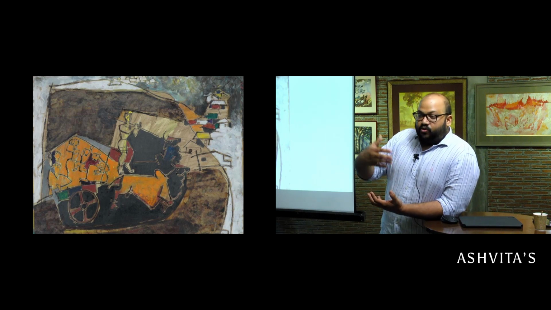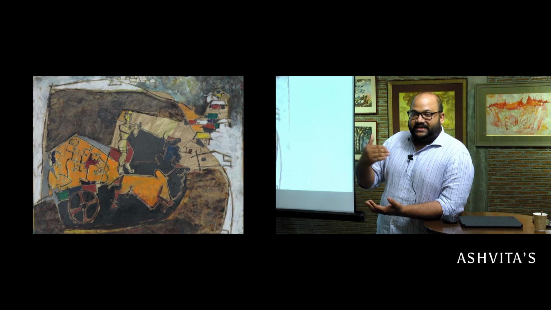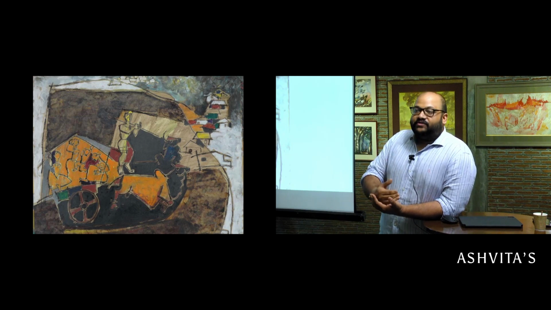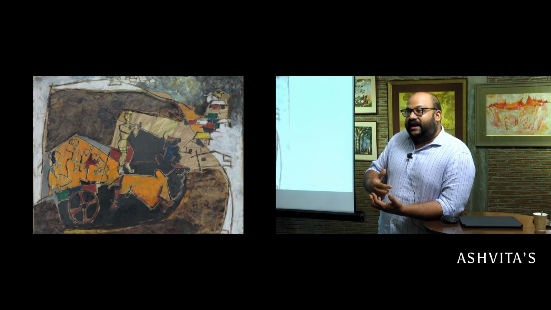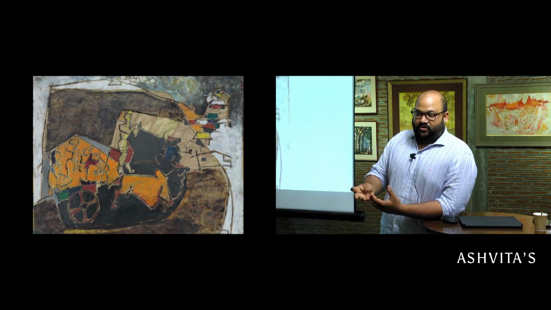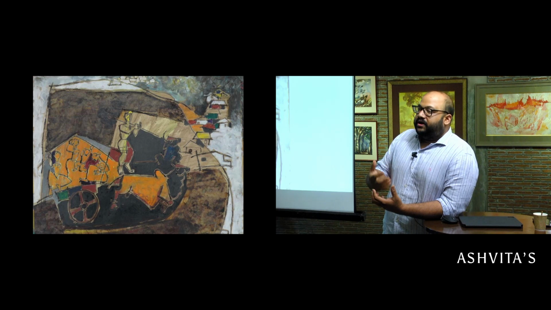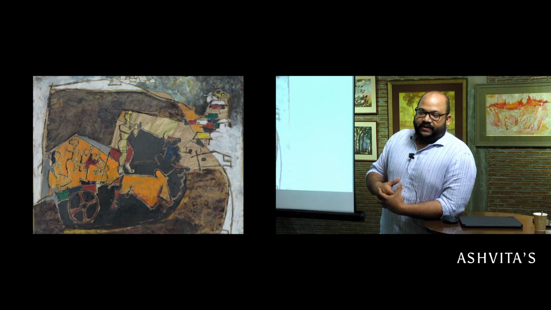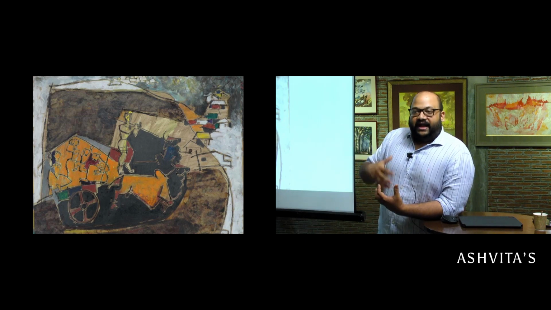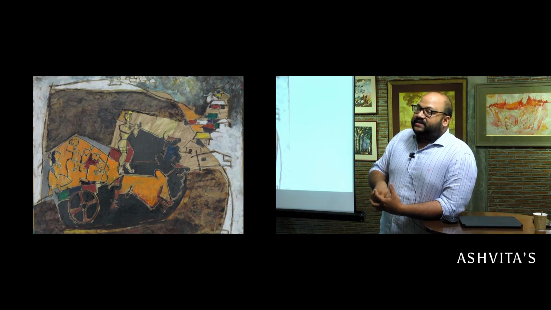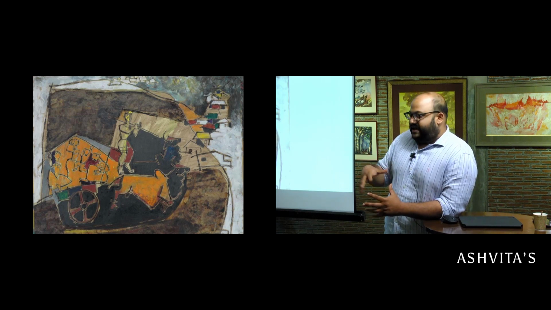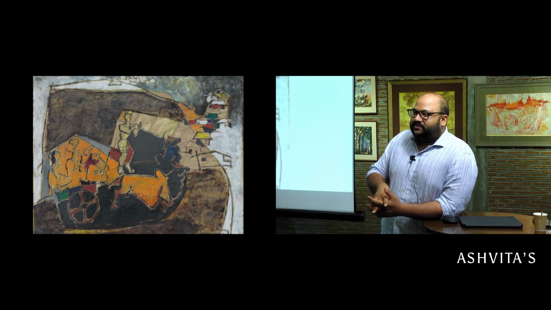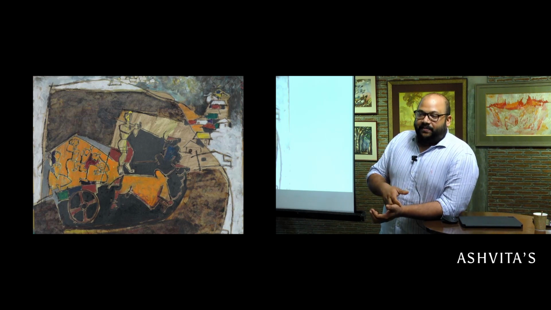Then you have Panicker, who himself is a Roy Chaudhary product, right? Because he's inspired by his teacher, he learns from him, he's being empowered and emboldened to go and have these dialogues, right? So he comes out on his own in the late 50s and decides, okay, now I'm going to be the principal, it's my 20 years now, and he starts to execute his vision. And that's when he says, okay guys, all you guys, meaning his students, and it wasn't much of a student-teacher relationship as it was an artist and artist relationship. And he said, let's go out there, let's see what's happening in the world.